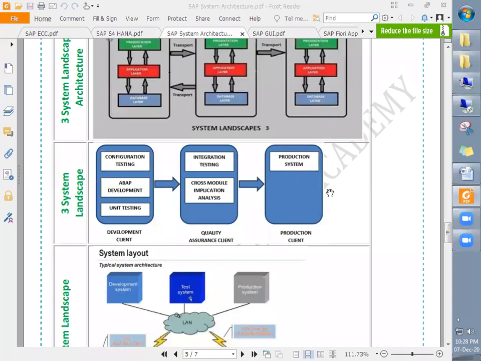Right. So the business users do their business activities like creating purchase orders, doing the goods receipt, invoicing, and even other modules and departments. They do all these activities in the production client, which is under the production server or the production system. And as per the business requirements, the configurations and customization are all done in the development system, in different